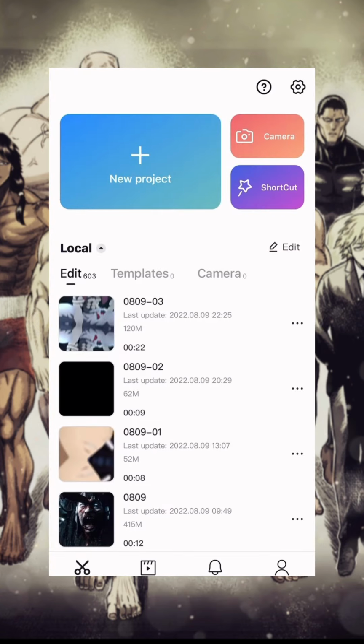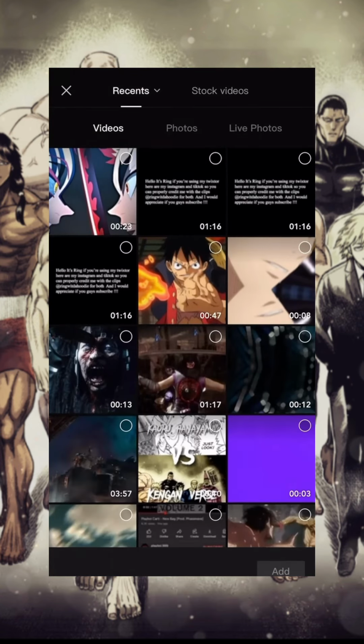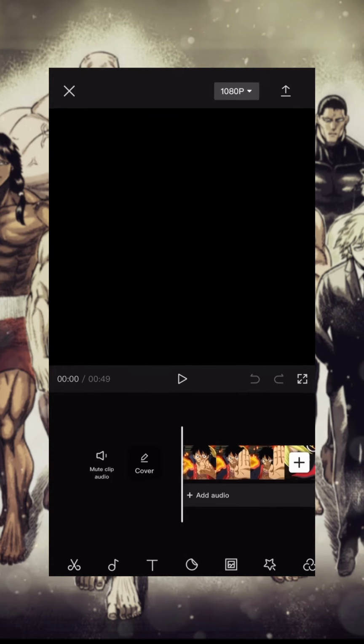Now you want to open CapCut. Select new project. Choose the video clip you want to use for your edits. Now that you have loaded in your video,